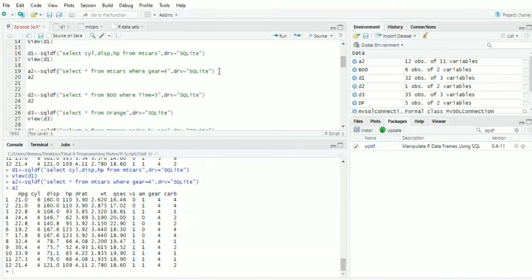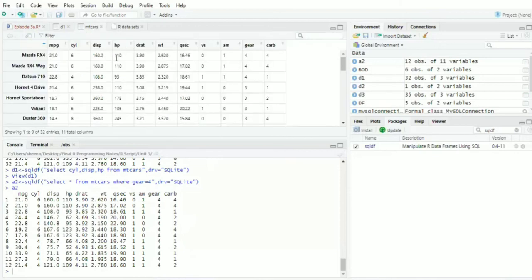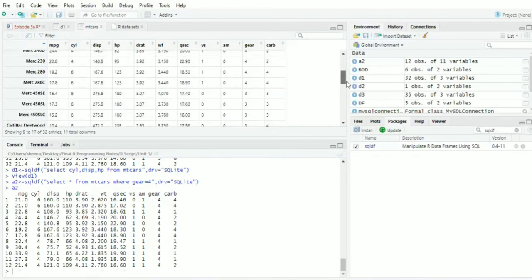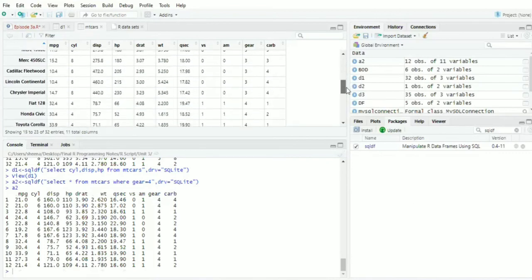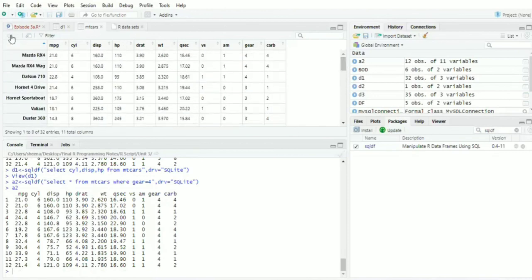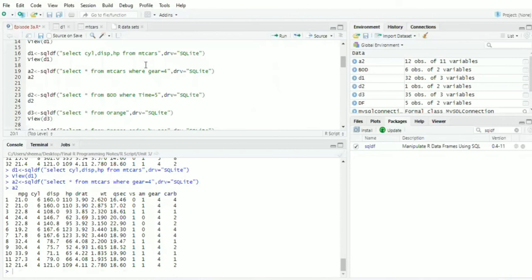Now we will once again see the mtcars table. Here we can see that the disp or HP column has various numbers, right? If I want to display it sorted, we have a clause called the order by clause.